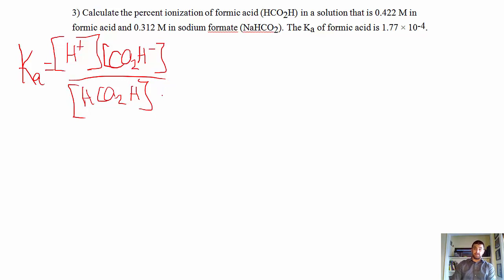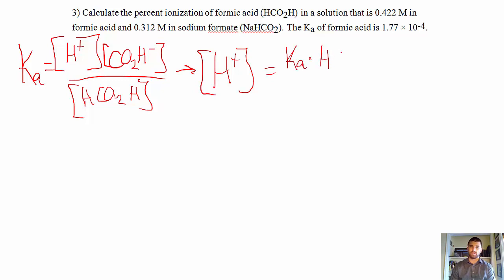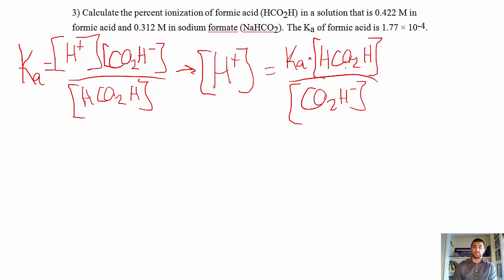So we're going to have to do the same thing again and solve for the H plus. So we do a little algebra and we get H plus equals Ka times the HCO2H all over CO2H minus, and all those are concentrations except for the Ka. All right, so the HCO2H is just this, right? It's the 0.422, and the CO2H minus comes from the sodium formate, which is the 0.312. So I plug those numbers in, and I get my concentration of H plus being